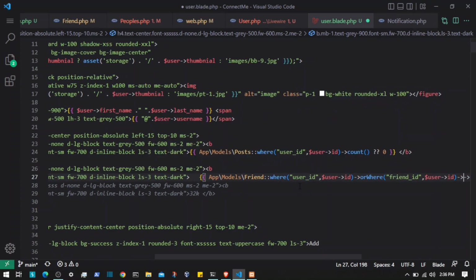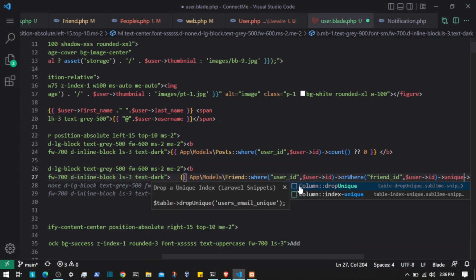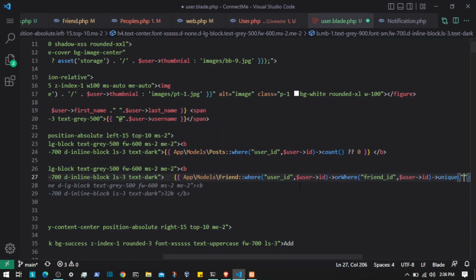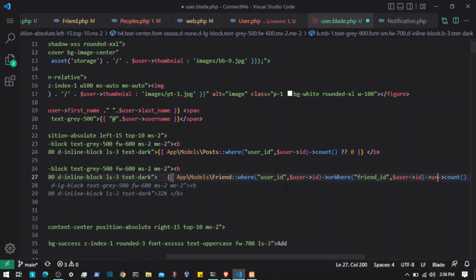We can call the unique, passing the user ID. Let's do one thing. Let's not use unique. Let's see if that is doing something wrong. I know my friends, right? Also, we have to check for the status. The status should be accepted,